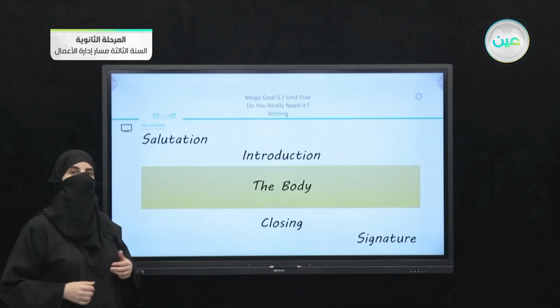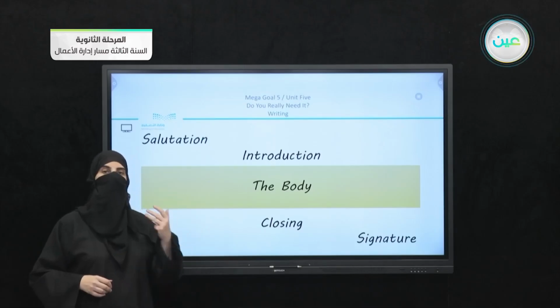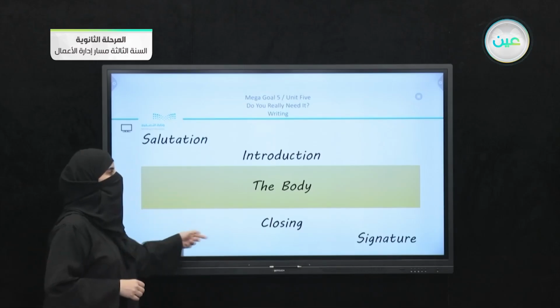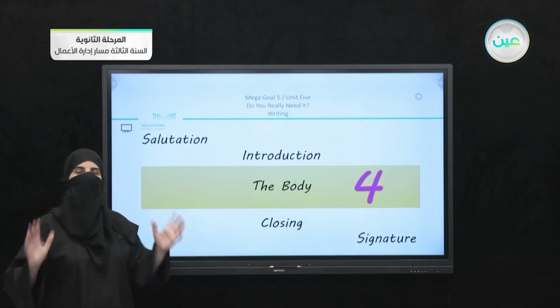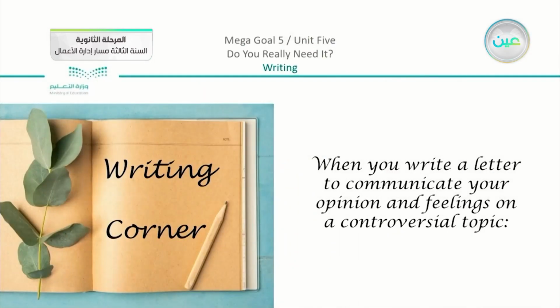And keep in mind that I talked about the school, the student, the advertiser, and the society. So in the body, I have basically 4 main ideas. So when you think about it, I have 1, I have 4, and I have 1 here, which means that I have completely 6 paragraphs to write. So we're going to see what we are going to do together, but before we start with